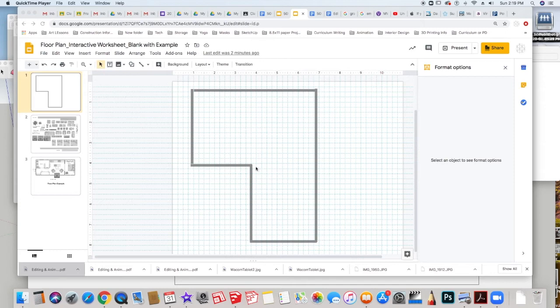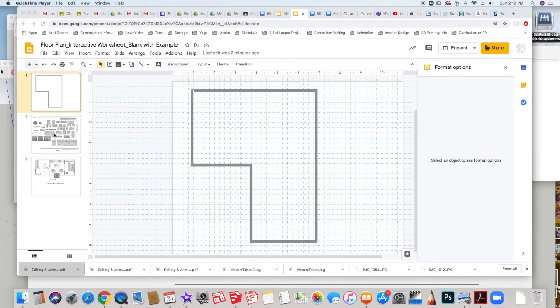I think a natural place for the bedroom and bathroom to be would either be to make a wall that sectioned off this part for the bedroom and bathroom or this part for the bedroom and bathroom. And I think I'm going to use this part here because I'm actually thinking that maybe this area here could be a deck.